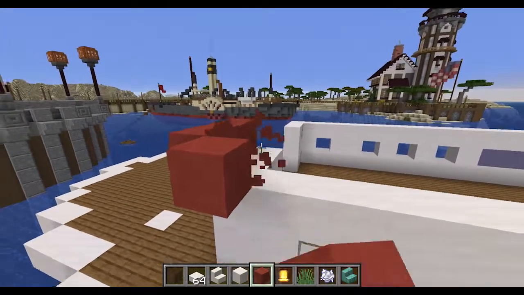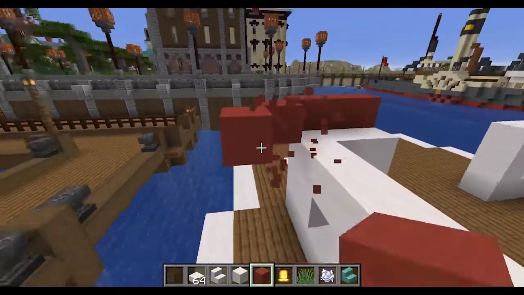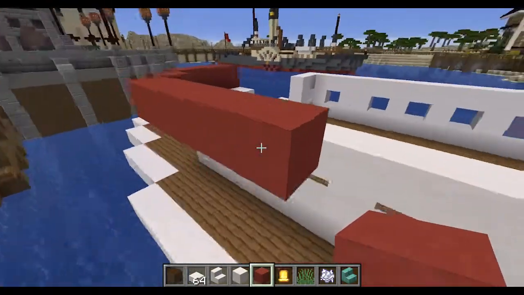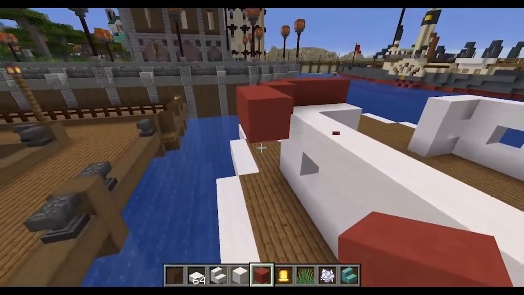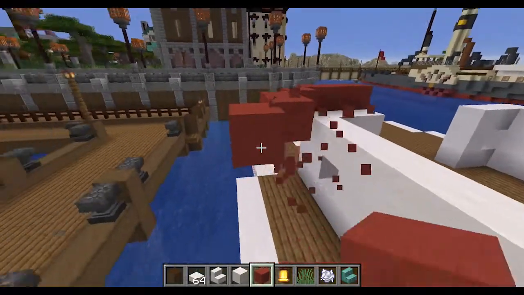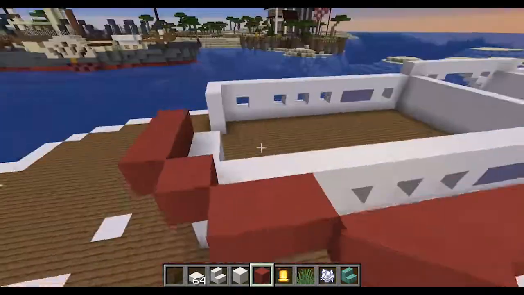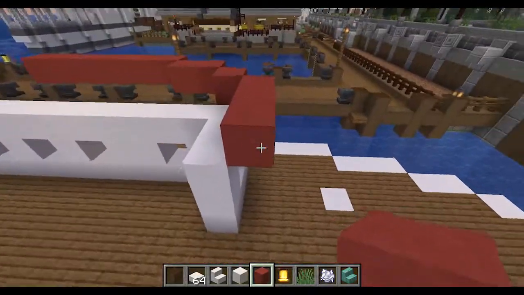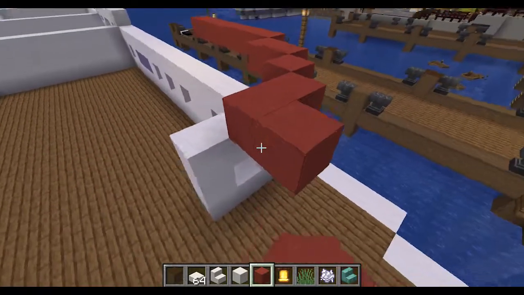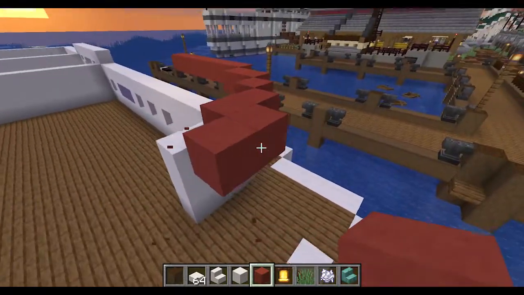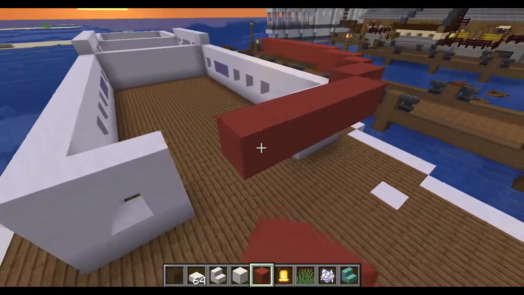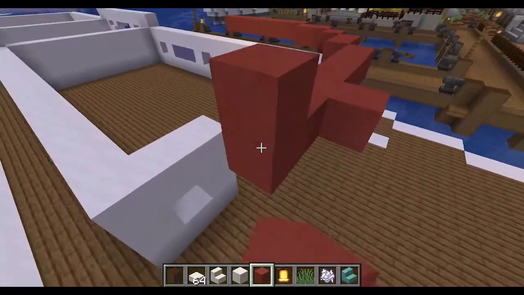Now, just like that first level of the boat, we're gonna have it rounded out, yeah, just like that. Perfect. Cool. Have it jut out a little bit more. There we go.